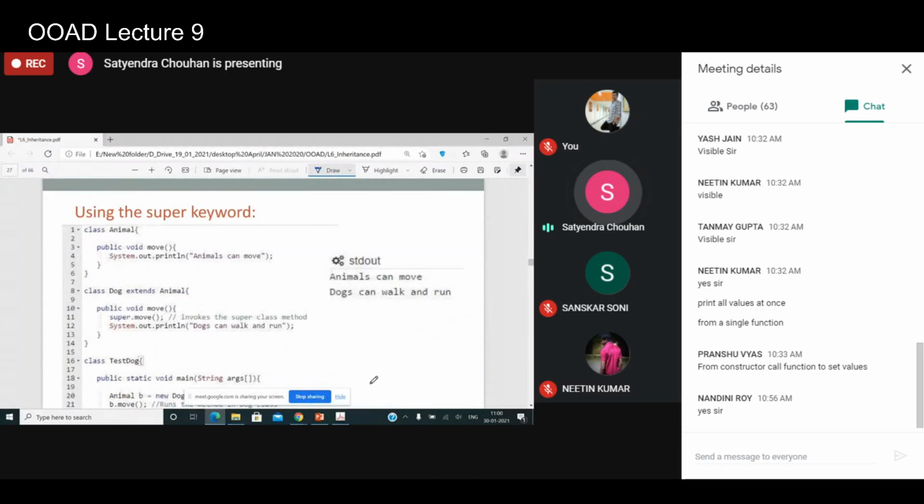However, implicitly, you see it is always calling the method of the subclass whenever you have a reference of the superclass and you're pointing it to the subclass. It will always call the method of the subclass implicitly. However, if you want to call the method of the superclass or the parent class, you can use the super keyword. So with the super keyword, you can call the methods from the superclass from which the methods or the properties are inherited. We'll study this super keyword in the next lecture.